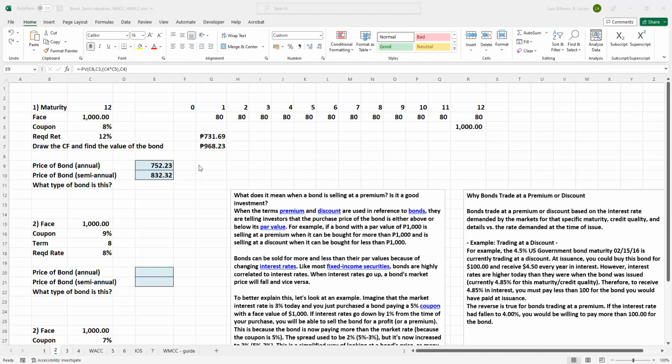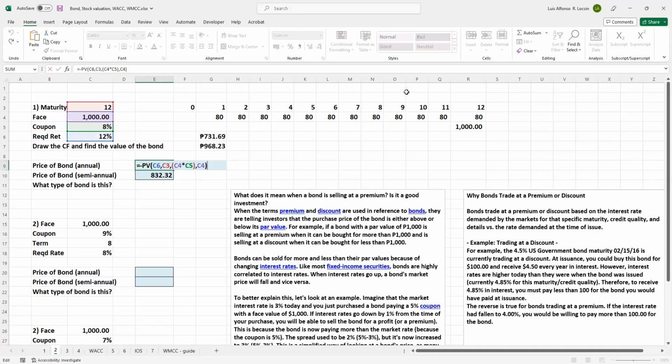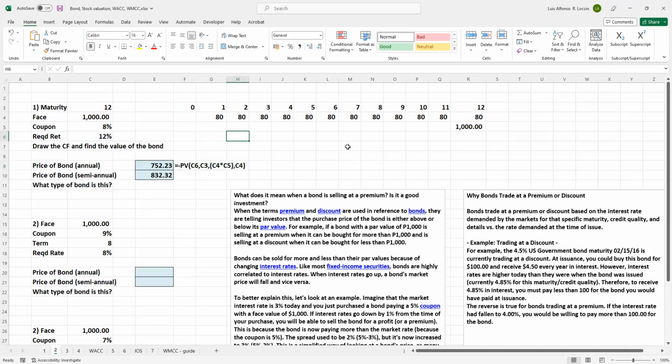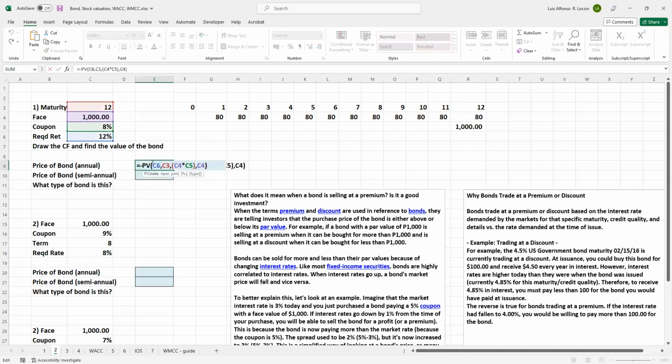Sir, di lang po ako sure. Okay lang, sige. It's an opportunity for us to learn. It's okay. That's equal to PV. So the first one is, sige, go to the formula. Ano yung unang-una? Yan, sige, rate. Ano yung rate natin? Yung required rate po, sir. 12%. Okay, and then,